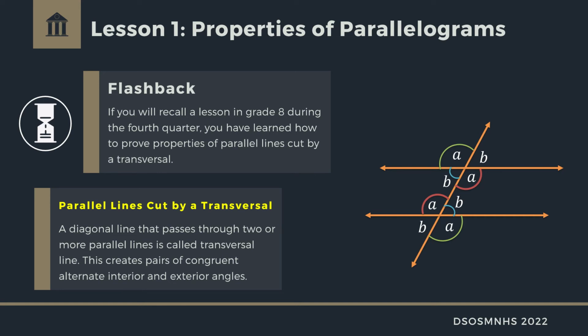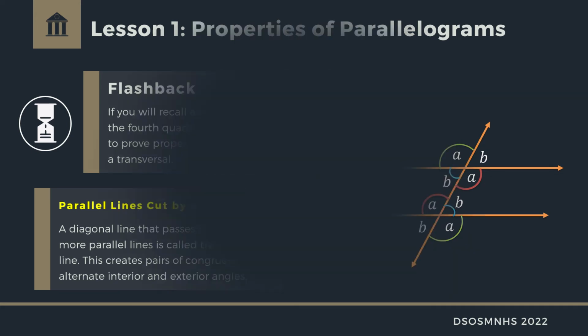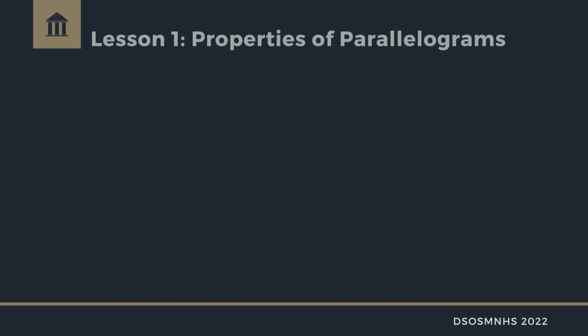Okay? They should be the same, they have the same angle measurement. So also, the alternate interior angles are the interior angles found in the interior portion of the two parallel lines. So they are in between the two parallel lines. And those angles that are outside the parallel lines, up and down, are what we call the alternate exterior angles. So is that understood? To move on,